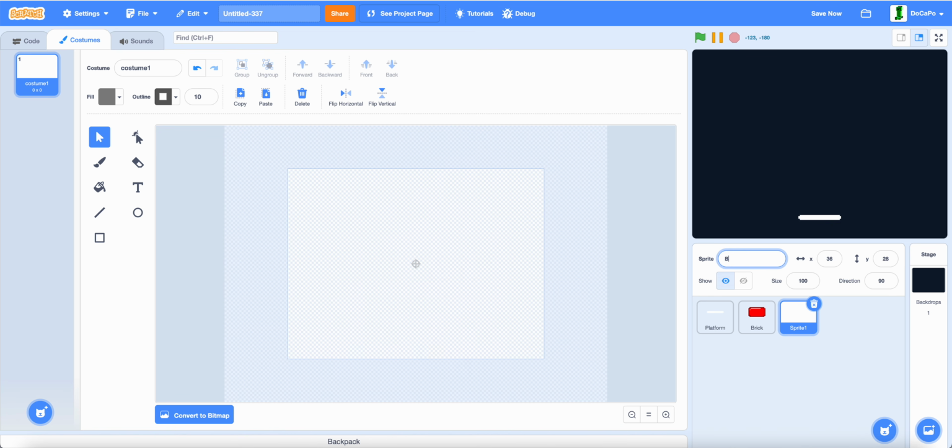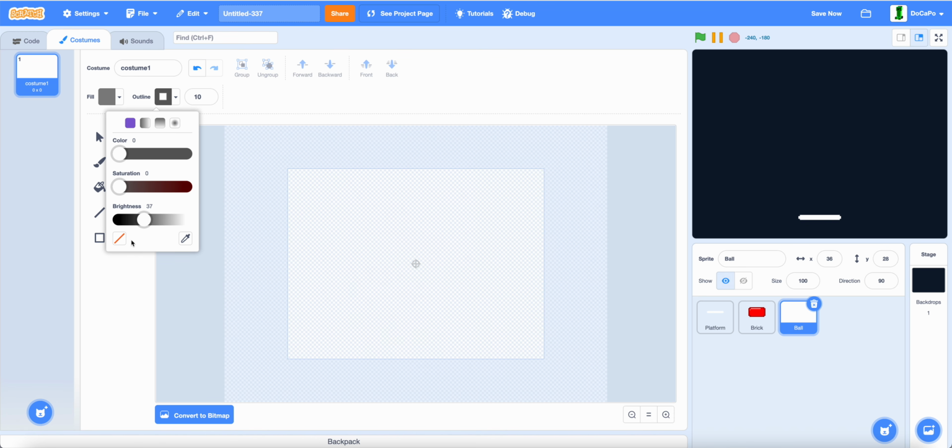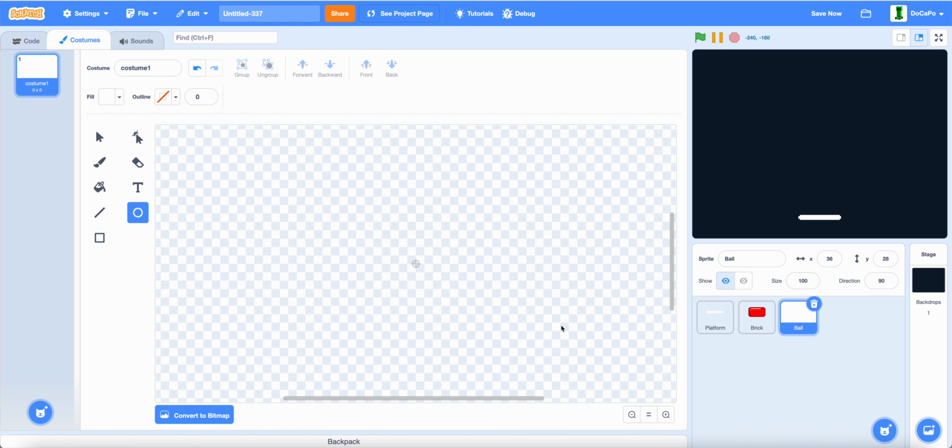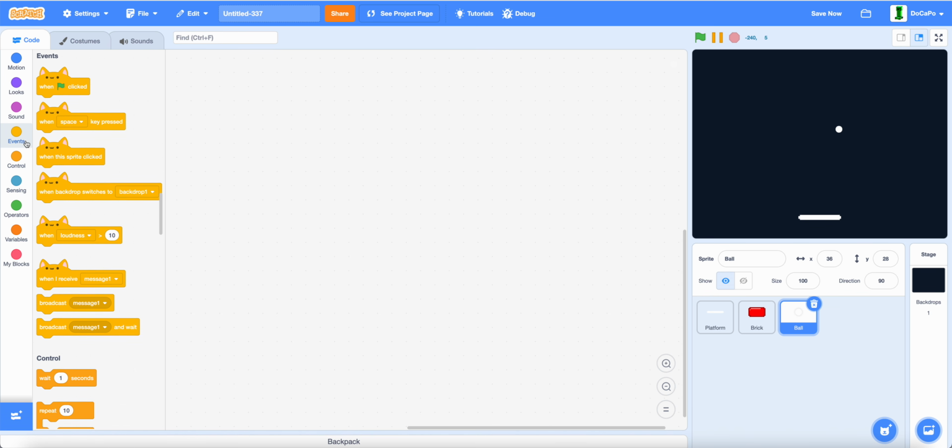Create a new sprite called the ball. Use the circle tool. Make sure there is no outline and make the fill a nice white color. Then press shift and create a nice ball and make it a good size. Now in here,